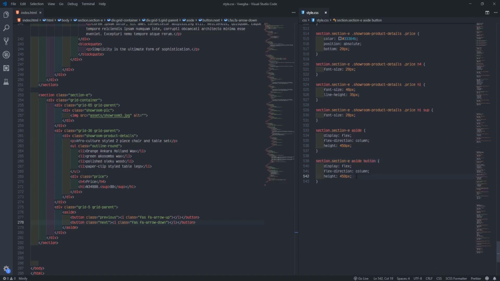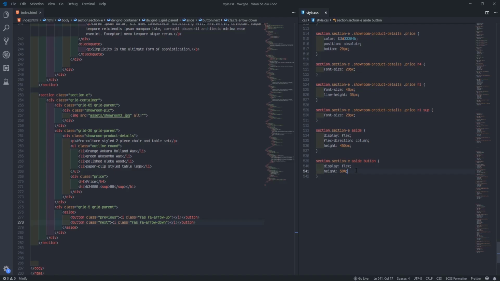I'll set the display of the button to flex. Then the height, may the height be 50% for each button. 50%.